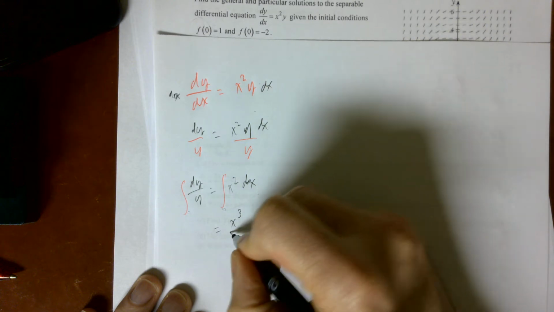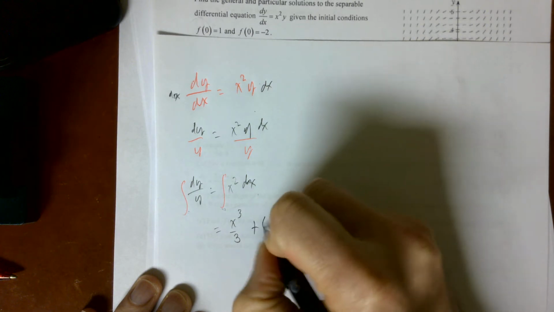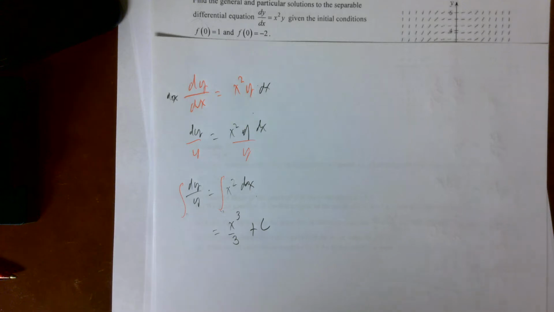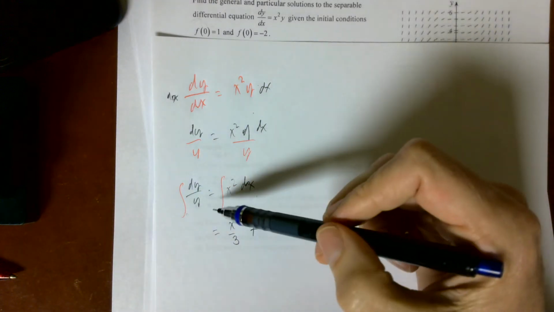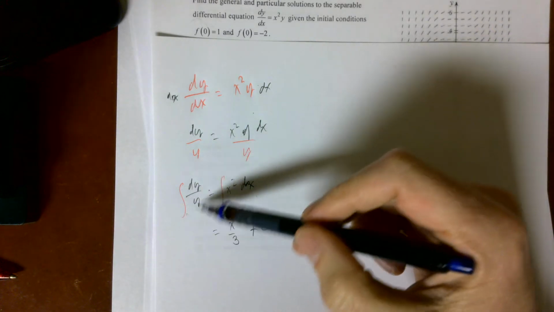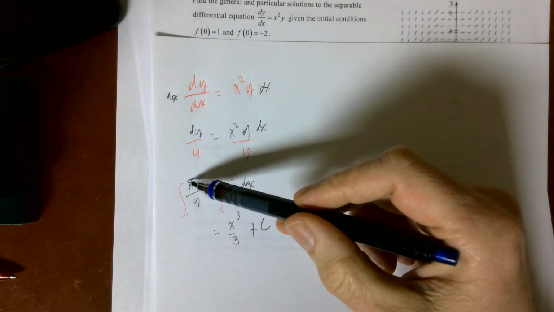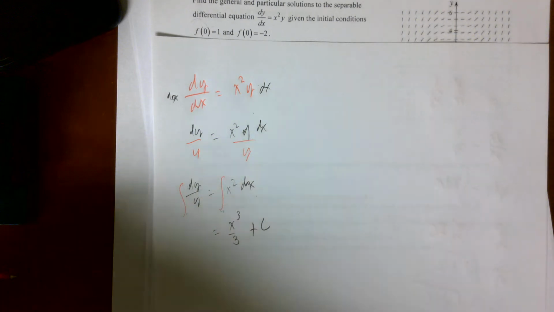That just gives me x cubed over 3. And I'll go ahead and put my plus c on this side. And now we have this thing. And this is a pretty frequent event when solving separable differential equations on the AP exam. Doesn't always happen, but I'm going to say 60 to 70% of the time this shows up. And so this is where it's very important that you remember that when you take this integral,